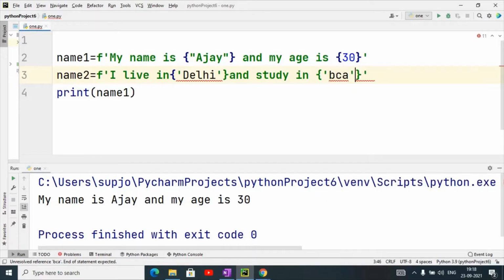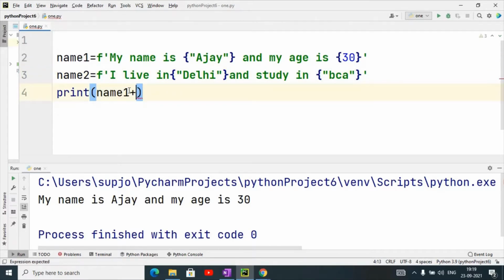Suppose I have taken it like this. Sorry, double quotes. So this is a separate string I have defined.